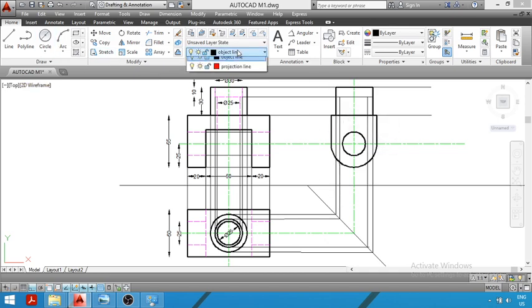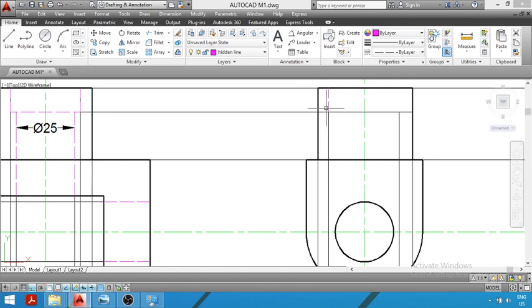Now we will construct the hole. For constructing the hole, you have to draw a line from this point to the upper end, and this line will be a hidden line. You can see this line is a hidden line. We have drawn it using a dotted line. Similarly, from this point you will draw a vertical line till the upper surface. So we have drawn two hidden lines, and this line represents what? The height of the hole.